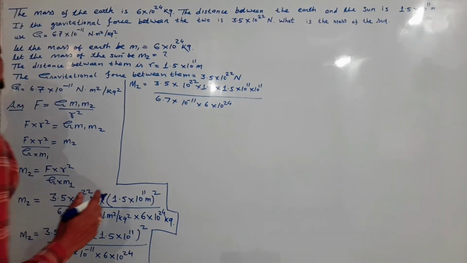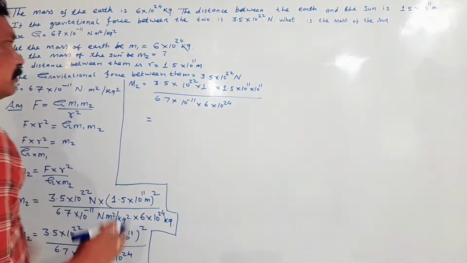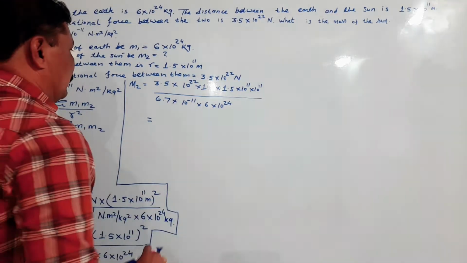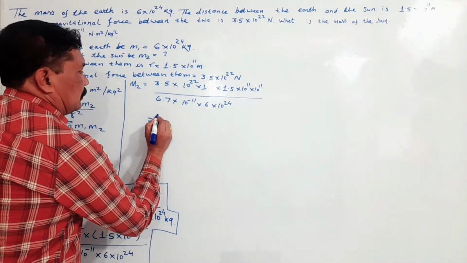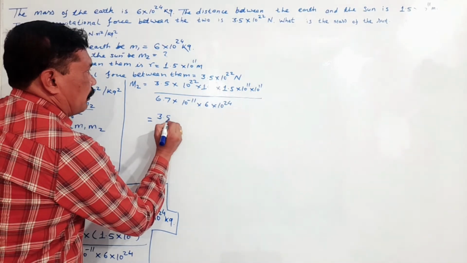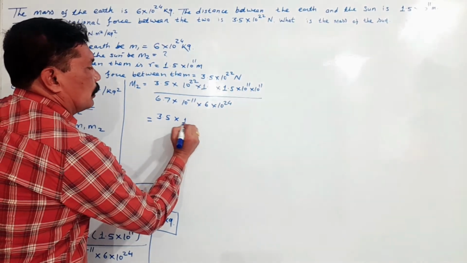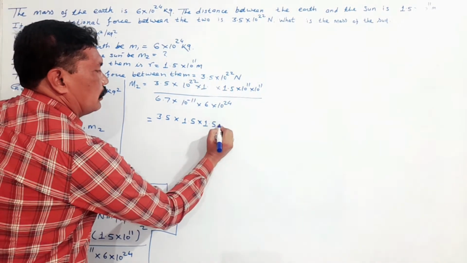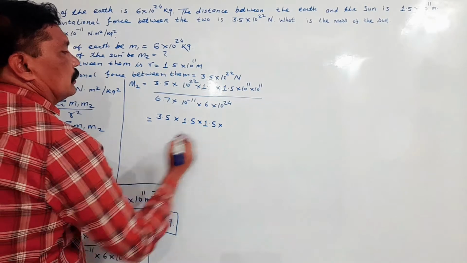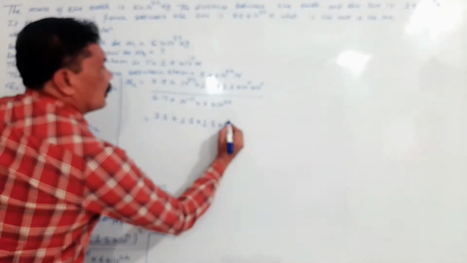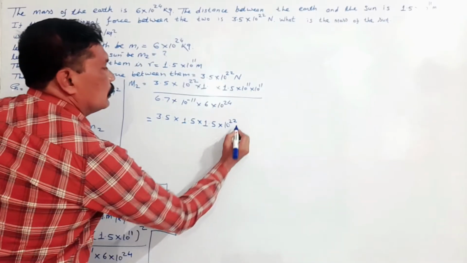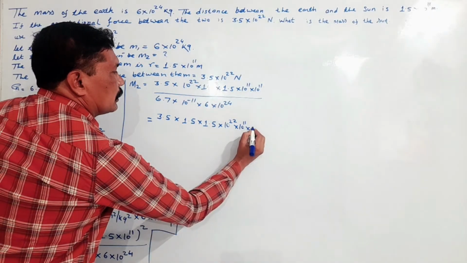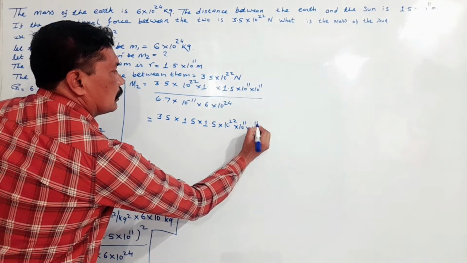Now, my dear student, what will we do? We will take the 10 to the power notation to one side and rearrange: 3.5 into 1.5 into 1.5 into 10 to the power 22 into 10 to the power 11 into 10 to the power 11